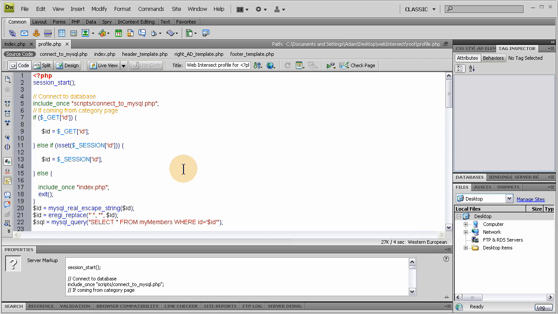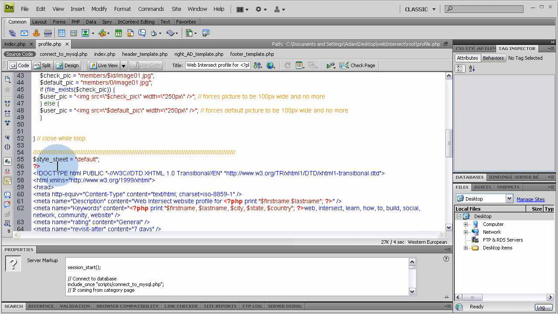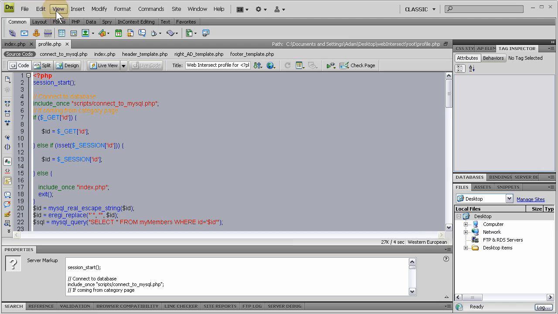Okay, so what we'll do is grab all this PHP. I think we did that already. Control C, go into index.php,